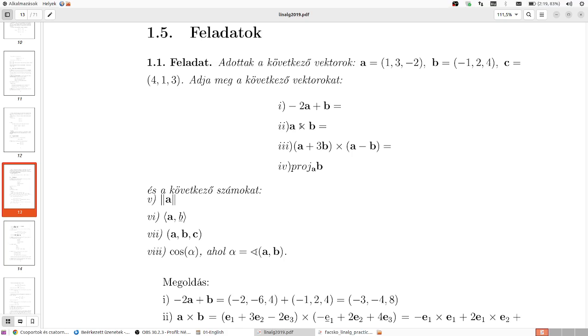So we have two definitions for the scalar product. This is one definition for the scalar multiplication using the components, and the other definition is